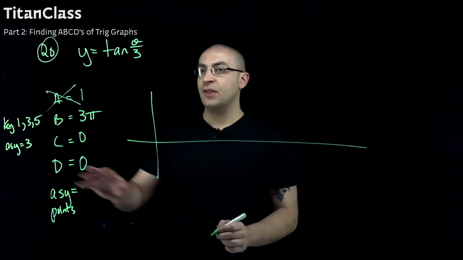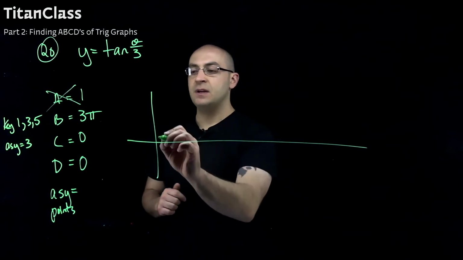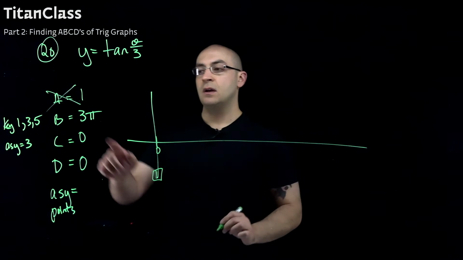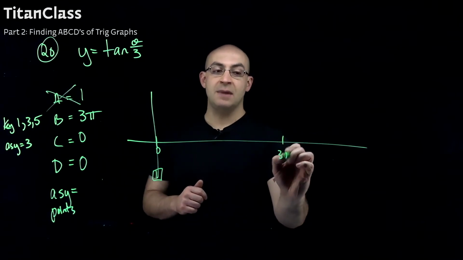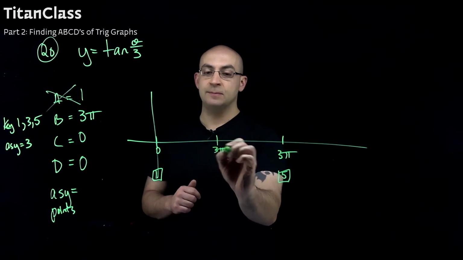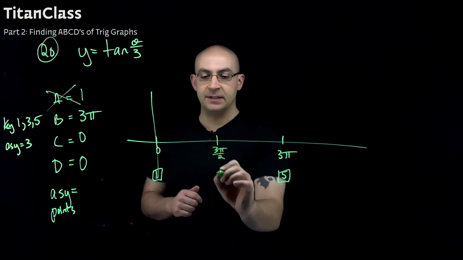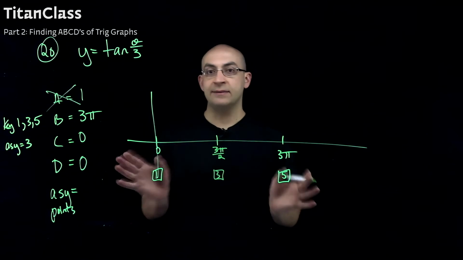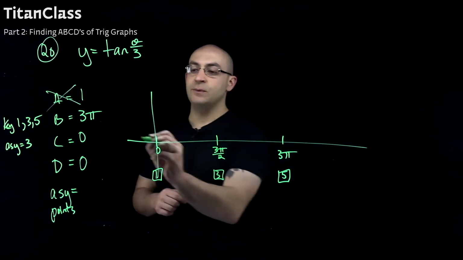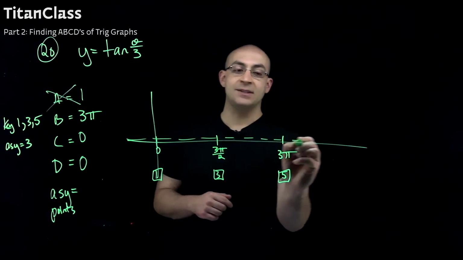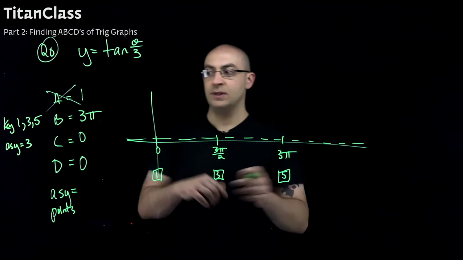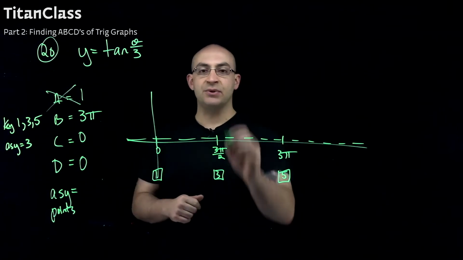We're still going to make 3 key points, again, not 5. So our first value is going to be at 0 because there was no phase shift. 3 pi is going to be my 5th value, and then the middle value is going to be 3 pi over 2, half of the distance of its period. I don't have to draw anything else in terms of my 5 key points. Now, because the d value was 0, all of the squiggly turns are going to be at our key points here of 1 and 5. Asymptote at 3,